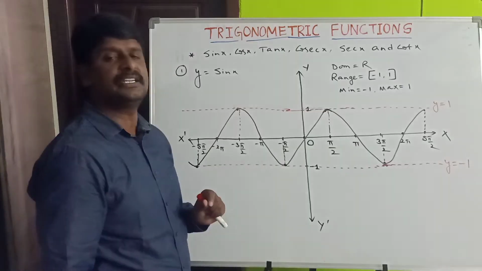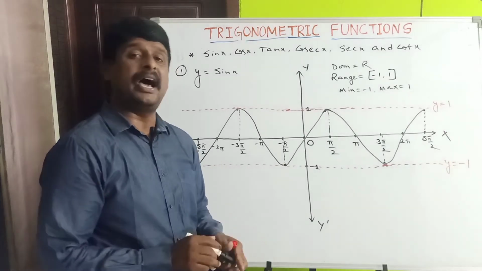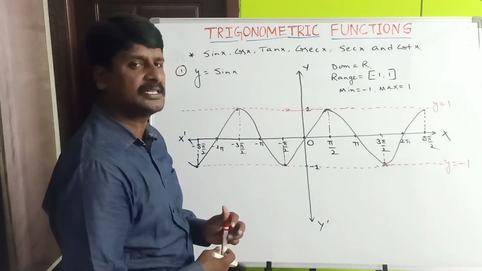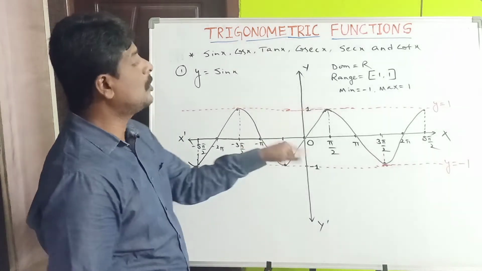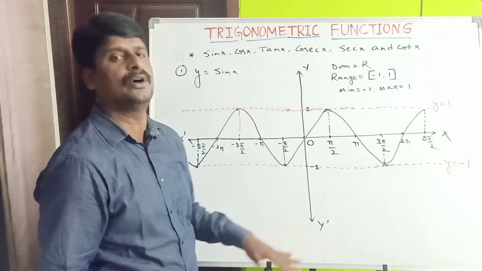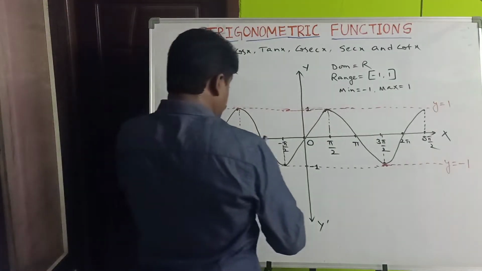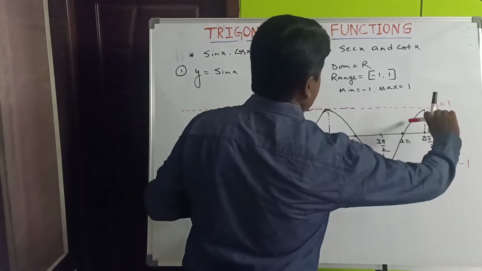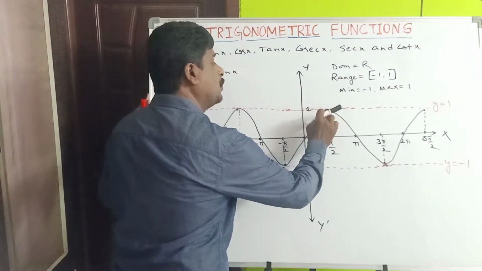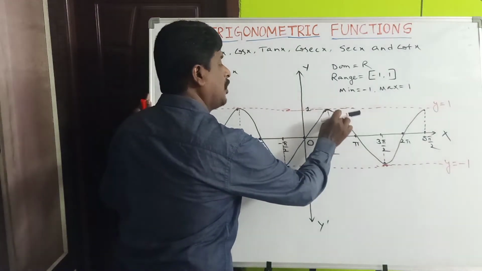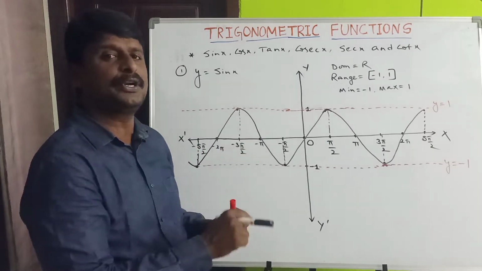What about the differentiability nature? Whenever the function is discontinuous, wherever the function has sharp edges, at those points it is not differentiable. But no such situation will arise for sin x. Whichever the graph, whichever the angle you consider, it always has smooth turnings only, not sharp turnings. These look like U-turns, not V-shaped turns.